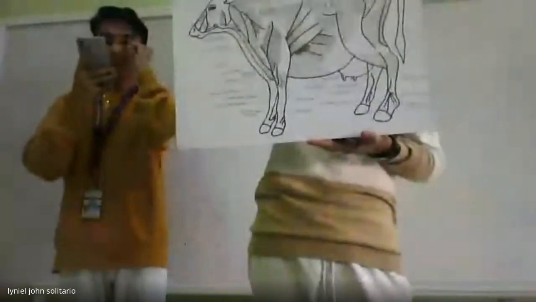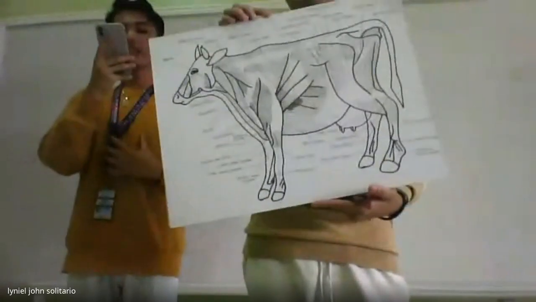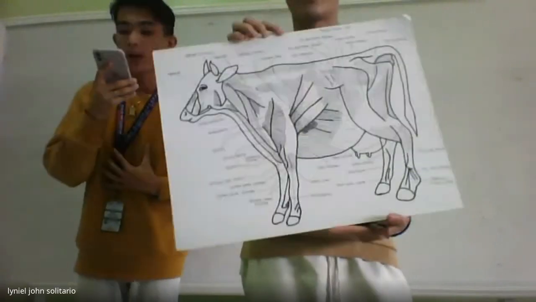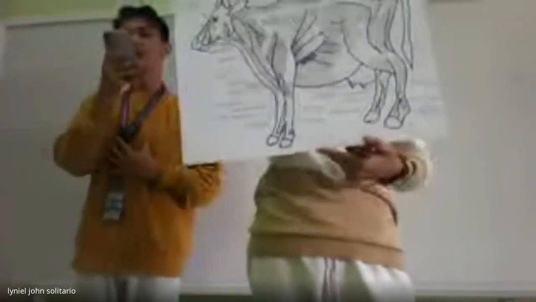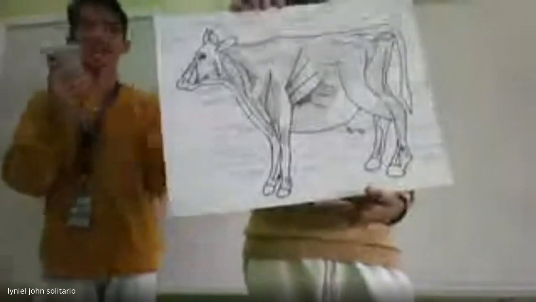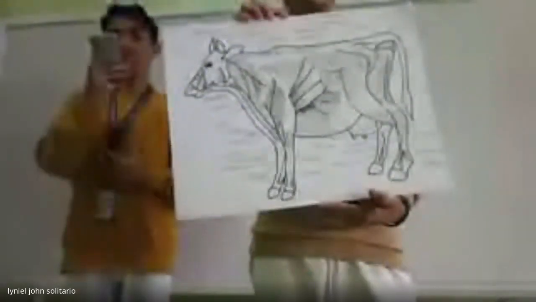The next one would be the masseter muscle. It is one of the four muscles responsible for the actions of mastication, which is chewing. The next would be